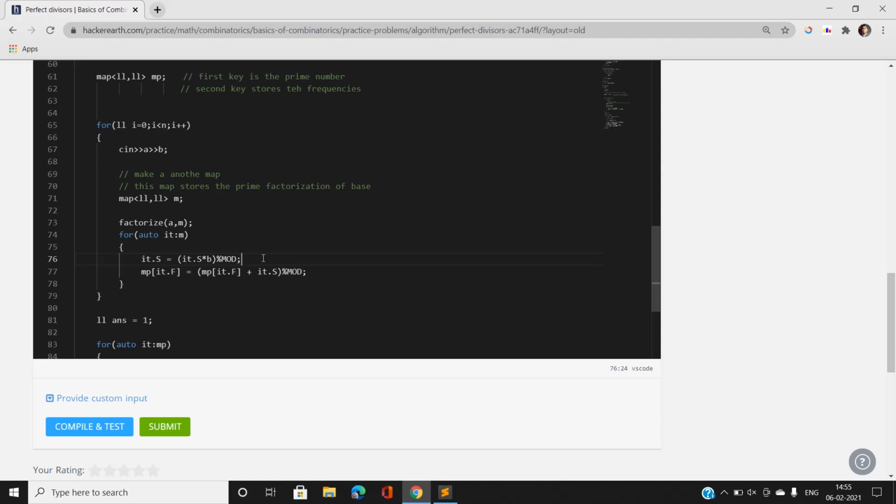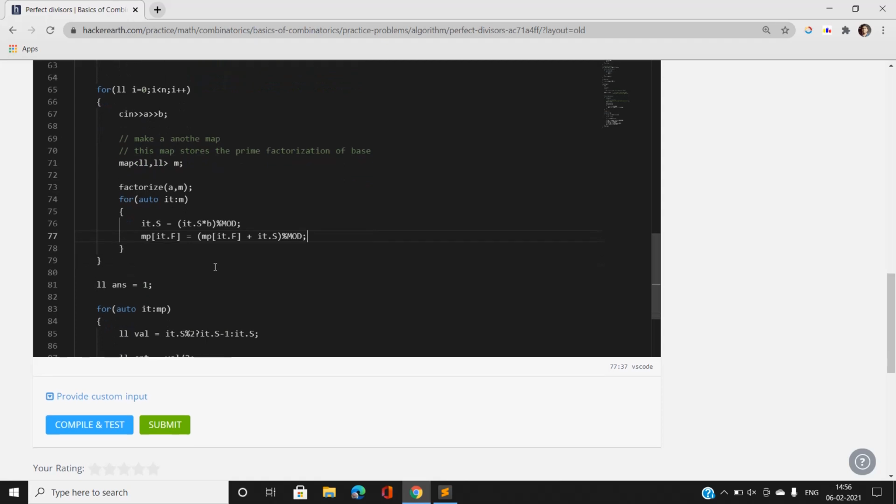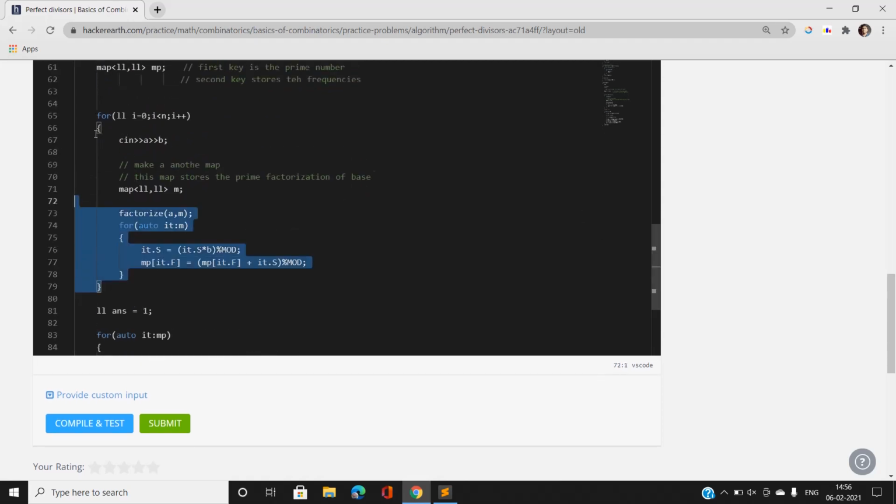And note that I am going to modify my actual map, which is going to store the prime factorization of the original number capital N. How I'm going to modify this map? I'm going to make modifications to the entry of my actual power. That is, if our actual power entry is mp of it.first, so if current power becomes it.second, our power is going to be incremented by the it.second amount. So I'm going to take the modulus along with it. Now I am going to do this for every xi comma yi.